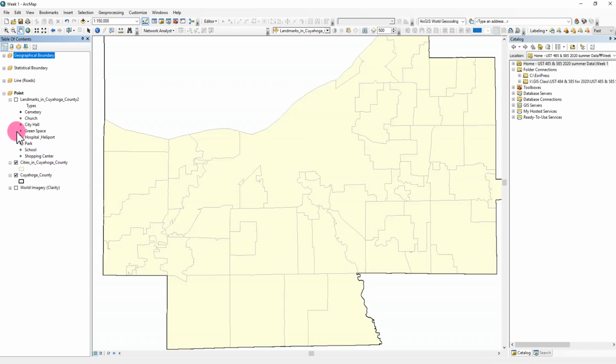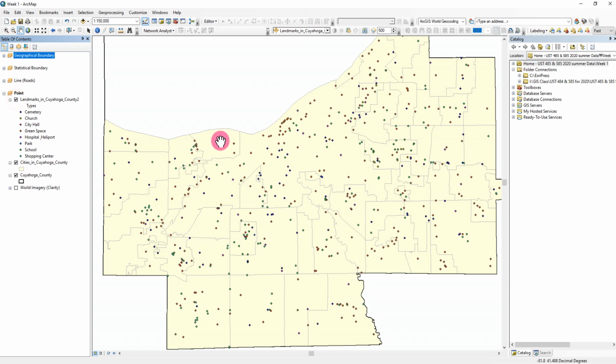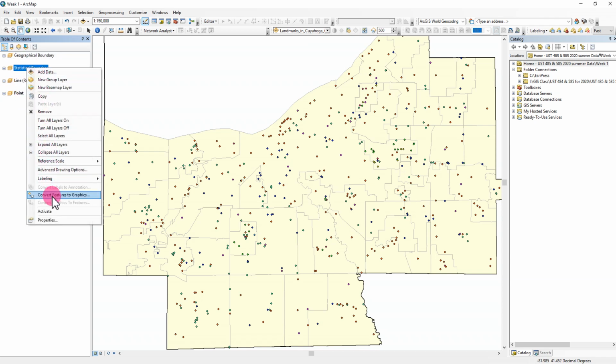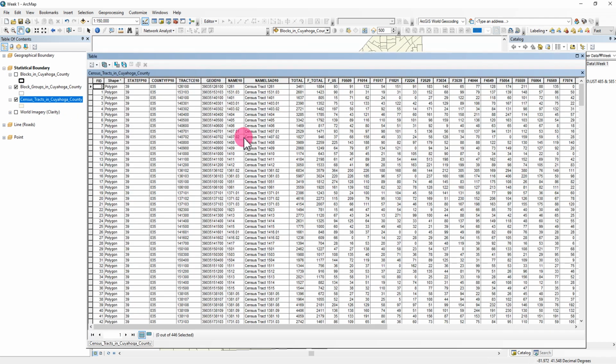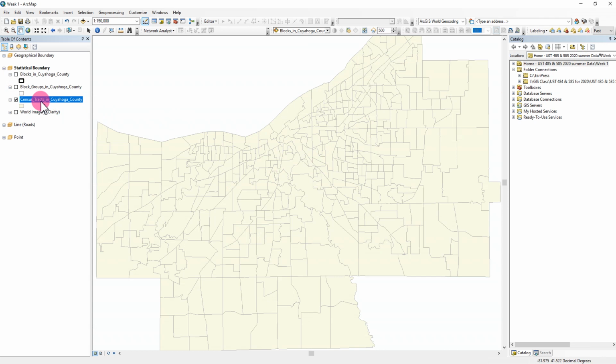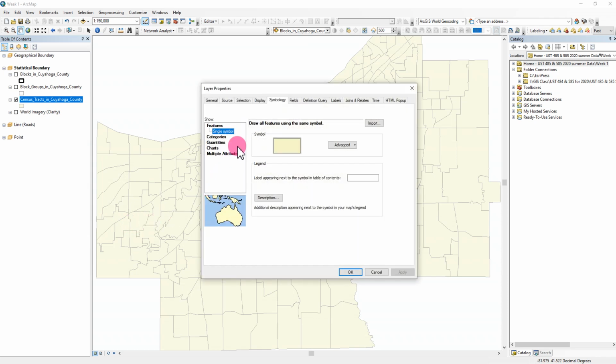Yeah, I just tried to show you the boundary, how many. So we can count how many churches and cemeteries within each city. We can do this. Okay, so here let me turn on the statistical boundary here. Just let me see here. Here we go. So now I want to see different symbology. So we did the symbology in the point file, but I want to show you